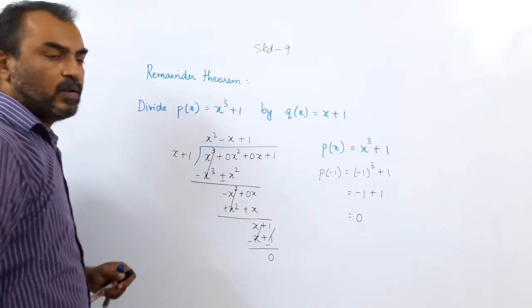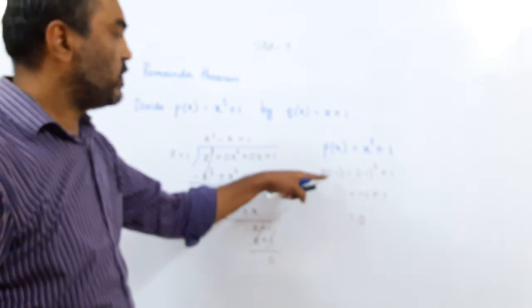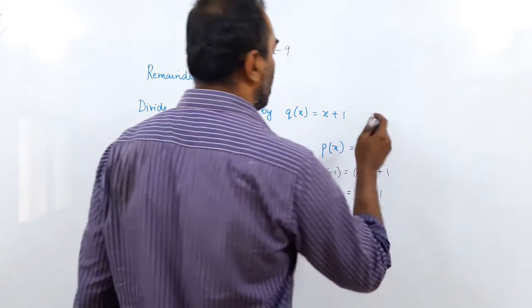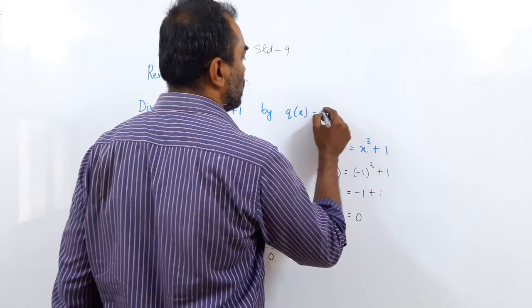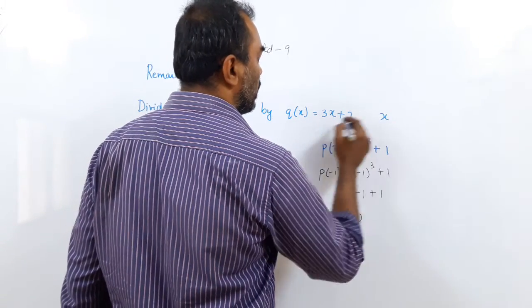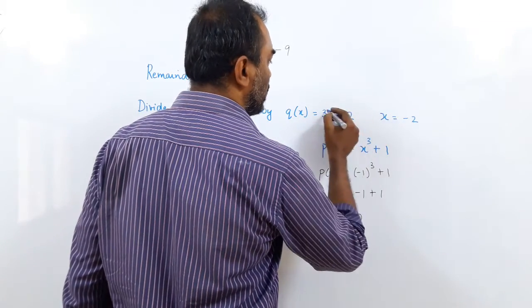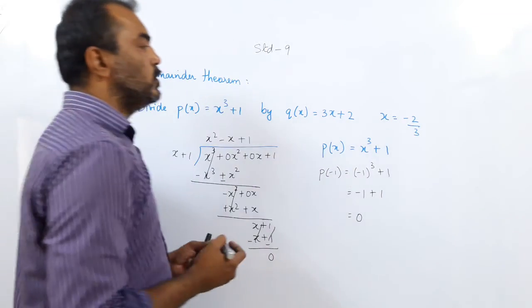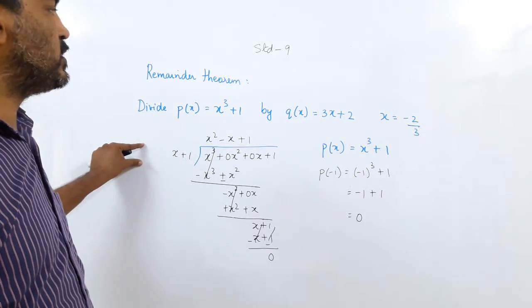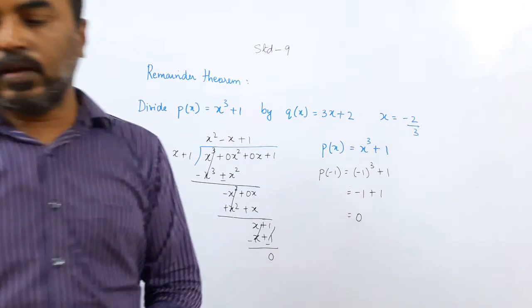Now what you have to do in the remainder theorem is, in this polynomial, replace the value of x. But how do you replace the value of x? It depends on what is given to you. Suppose you are given to divide by q of x, say 3x plus 2. So what will you replace the x with? If 3x plus 2 is 0, then the plus 2 becomes minus 2 and 3 goes into division. So if you want to find whether 3x plus 2 is a factor or not, you can divide by 3x plus 2 and get the remainder, or directly use the remainder theorem and get the remainder.